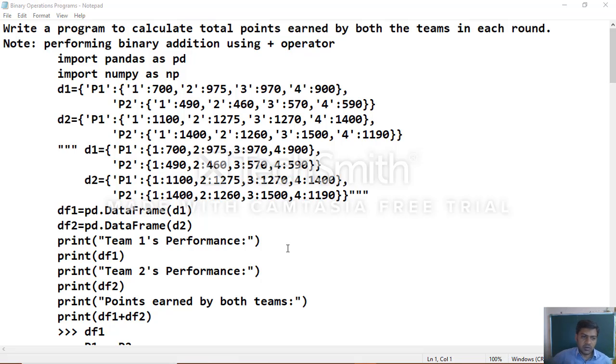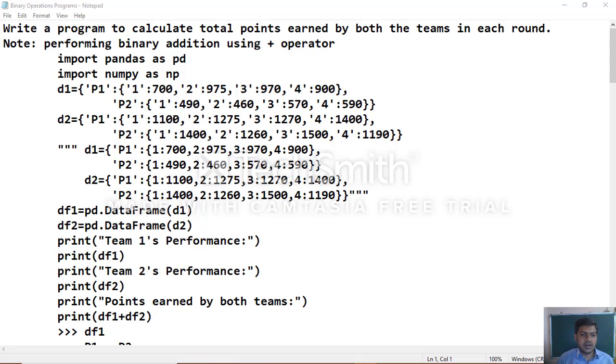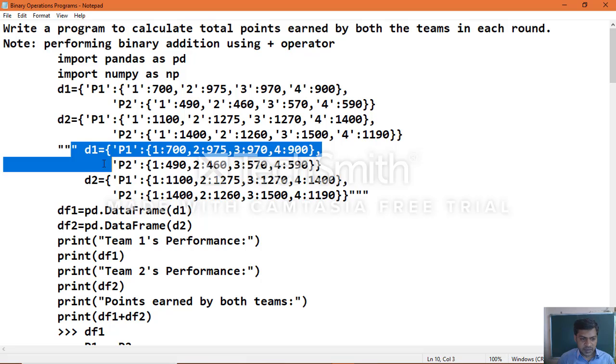Same way, when you look at the d1 and d2 dictionaries, the inner keys are also in the form of strings. If it is only an integer number, you need not specify quotation; we can work with that also. That's why I put it here with the comment.